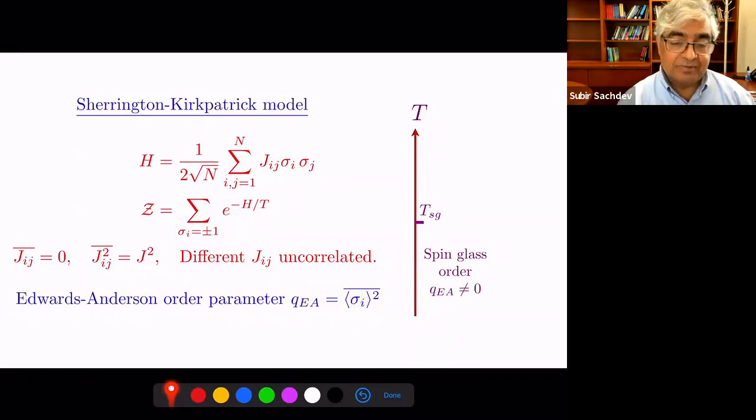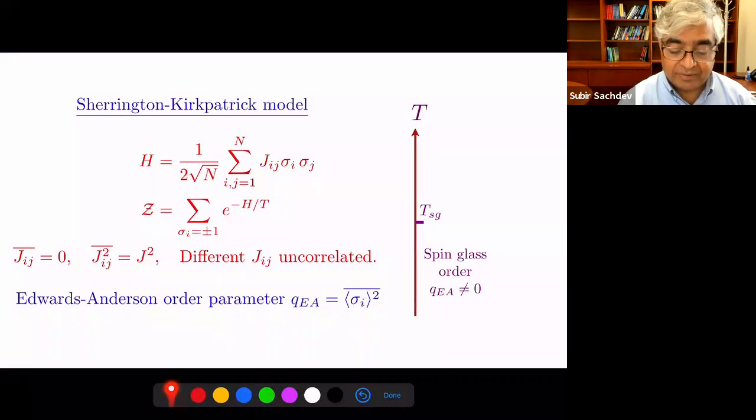What happens in this spin glass state is that each spin acquires some random expectation value. If you were looking at an ensemble of systems and you averaged over sites, you would still get zero, because the average over sites will give you different values of sigma_i, which vary in sign on different sites. Of course, in a ferromagnet they'll be the same, and in an antiferromagnet alternating, but in a spin glass they're completely random. So for the Edwards-Anderson order parameter, you take the square of this object before averaging over systems. This order parameter is zero in the paramagnet and non-zero in the spin glass phase.